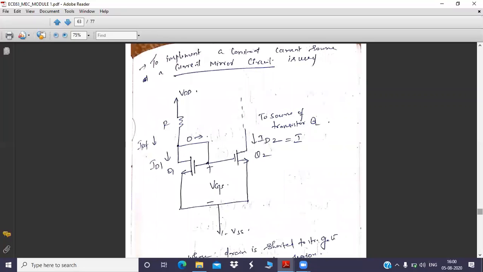Understood? So current mirror is nothing but we are trying to maintain a load current whose magnitude or value is exactly the same as that of the reference current. That reference current IREF is passing through the resistance R, so the value of R is going to determine this IREF. Now from your side, I wanted you to tell how you can calculate this IREF by using R. I told R is going to determine IREF. So how are you calculating this IREF using R?